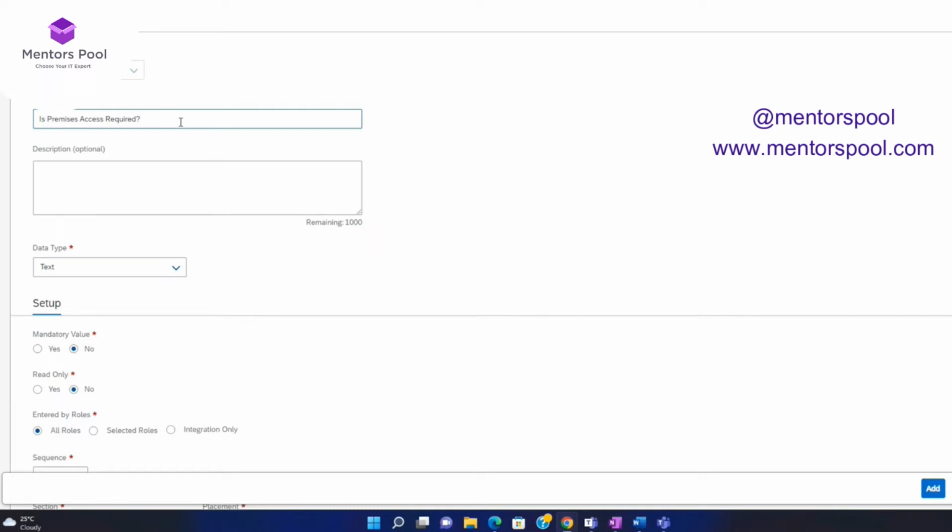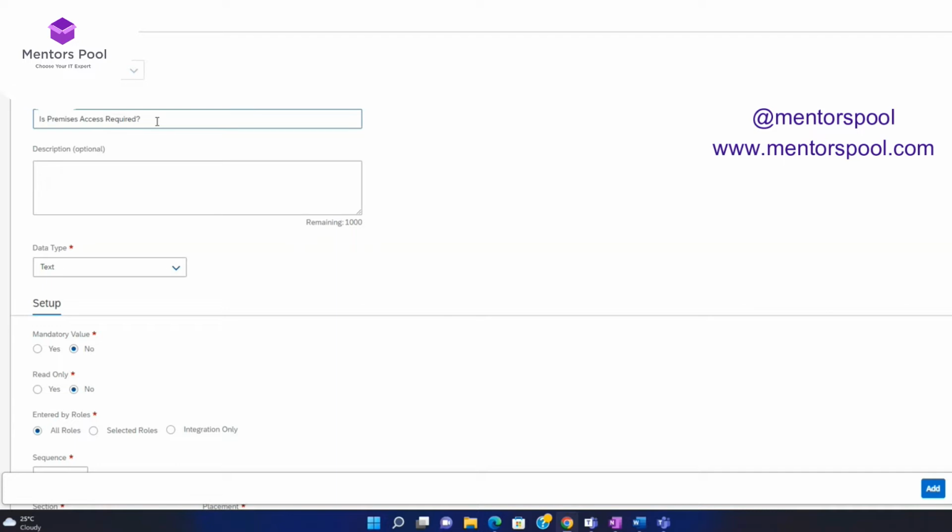Now there was one question sometime back when we were checking about contextual help as to how we restrict this region wise or business unit wise, right? So there would be custom fields which can be restricted business unit wise, region wise, or cost center wise. So when the same job posting template is used by different business units, they will see different custom fields which are applicable to them. Okay, so is premises access required might be applicable for an IT setup. It might not be applicable for a Salesforce setup, because all of them are going to be in the market